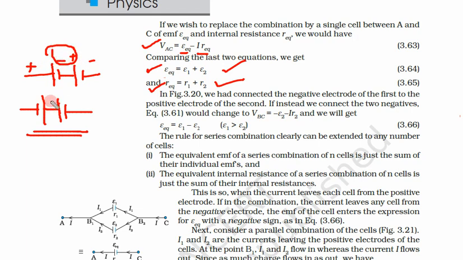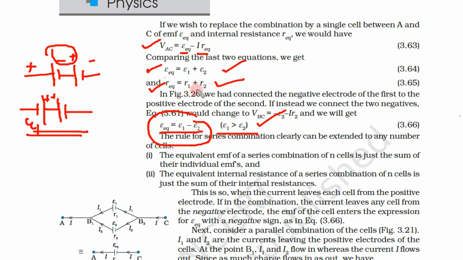But what would happen if we would have connected positive terminal to positive terminal or negative to negative? In that case, there would be some difference in this equivalent EMF, which is the difference of two cells. Here we have considered that first cell, this epsilon 1, is bigger, so that's why we have put the second one in minus. Otherwise, if the second one would be bigger, we simply put epsilon 2 minus epsilon 1. So here we have taken epsilon 1 greater than epsilon 2. So the equivalent EMF would be epsilon 1 minus epsilon 2.